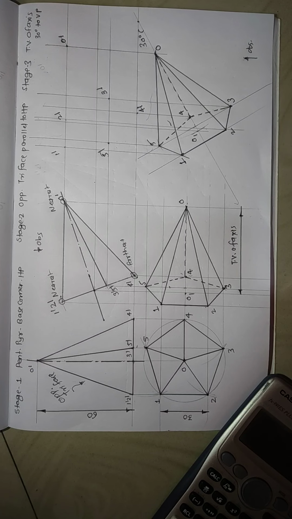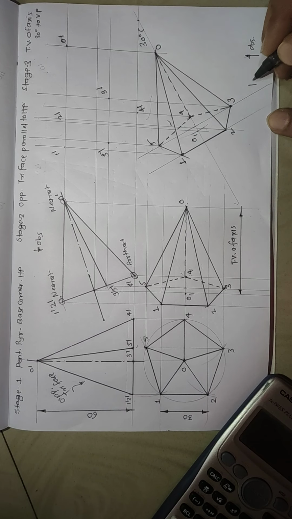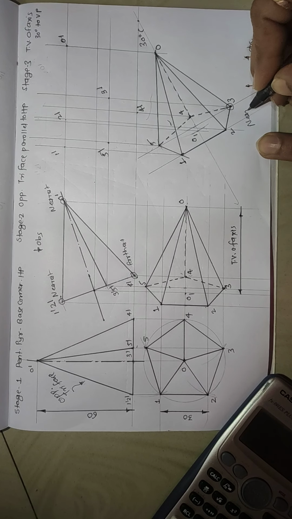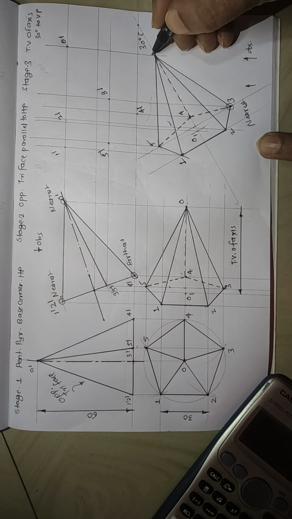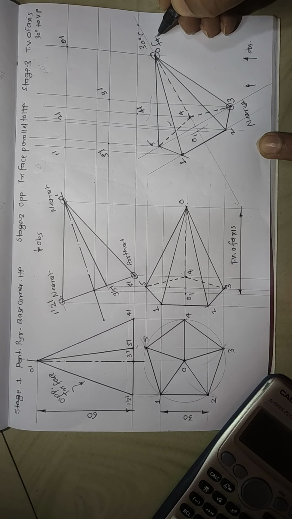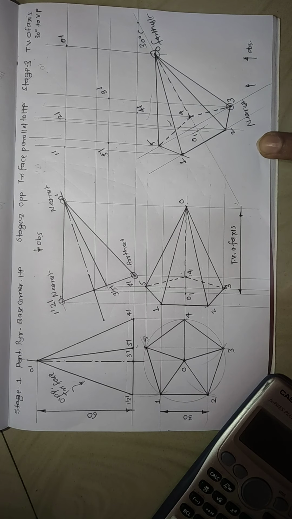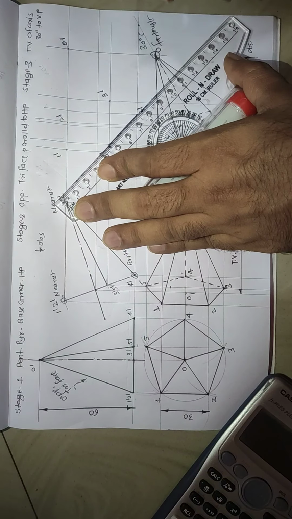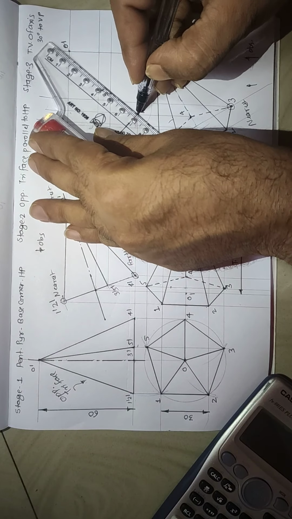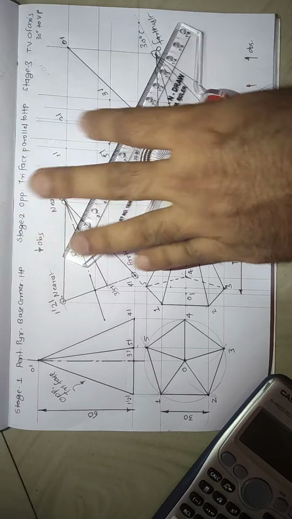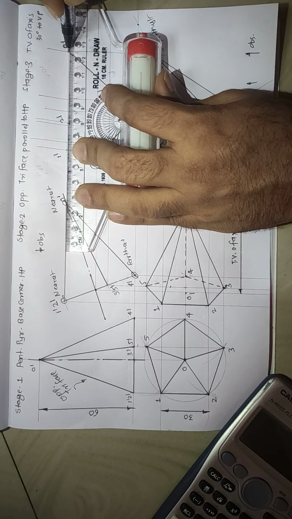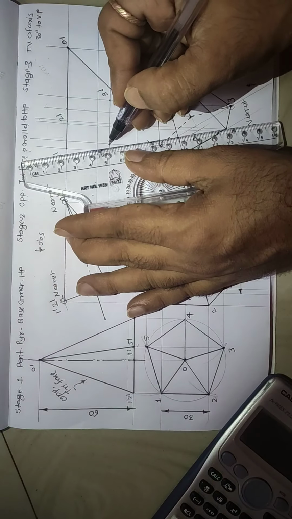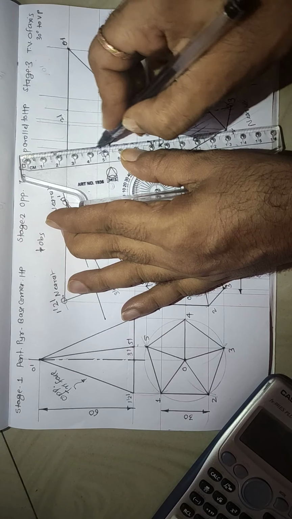Now I will join. Now this is the observer. See, this is the observer. Already I have written it over here. This point is nearest, and I can see this point as the farthest one. So first of all I will join the outline of the diagram. 5 to 4, then 4 to O, then O to 1 to 2. This is one single line. Then 1 to 5.